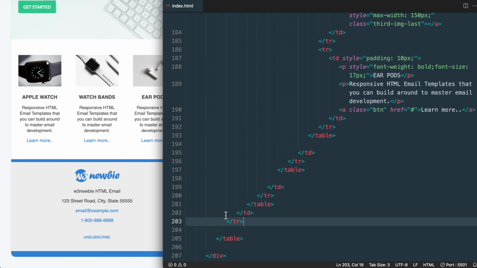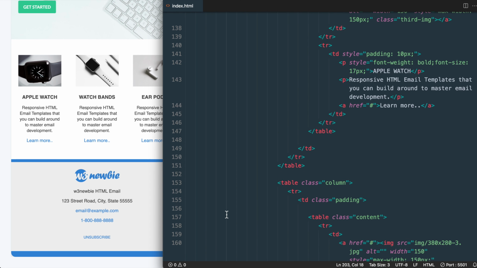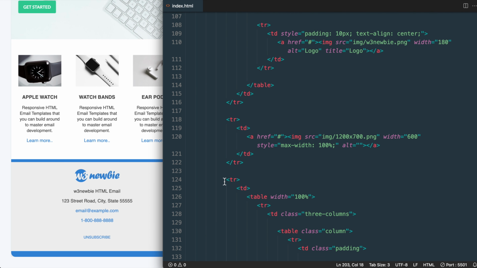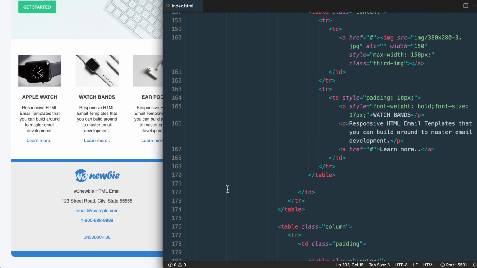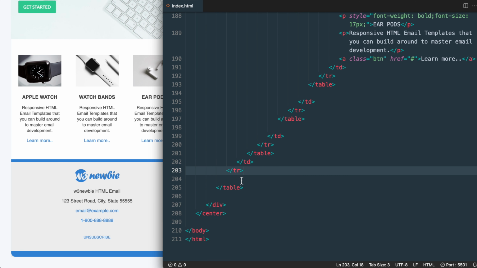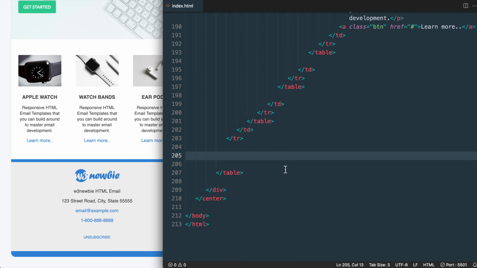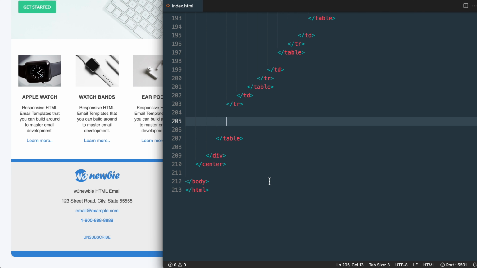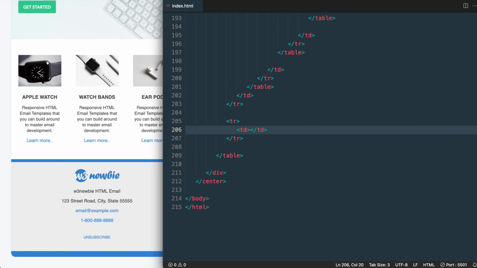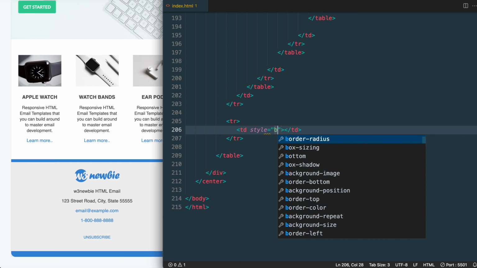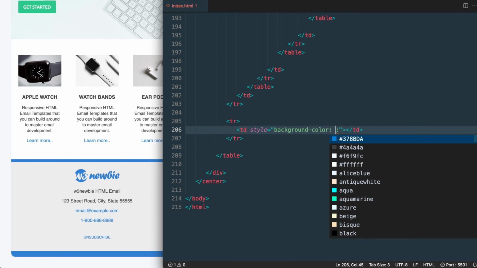So just make sure that you're matched up in your text editor after the last main table row inside of our table, and then we'll add the blue border that first appears above the footer. So we'll do that with the table row and table data tag. Then we won't need any spacing around this section, so we can just add our styling right inside of this table data tag with style and then background color. And I'll use that same blue hex value